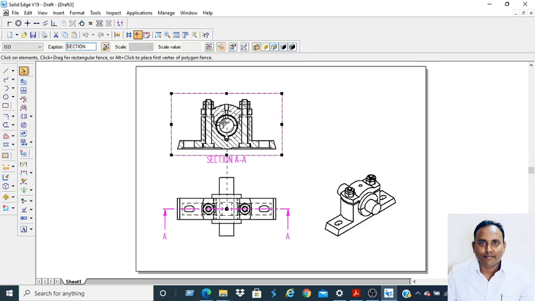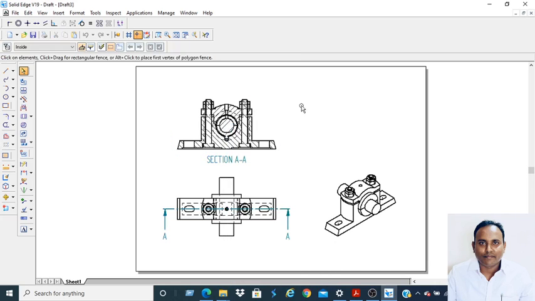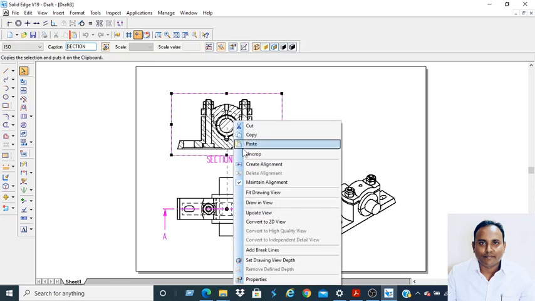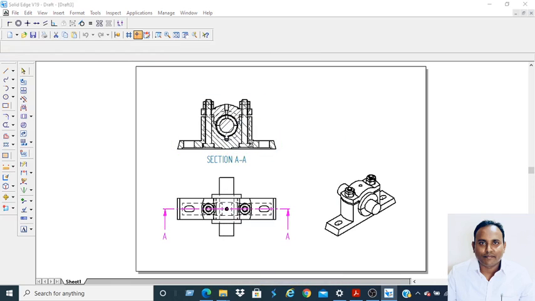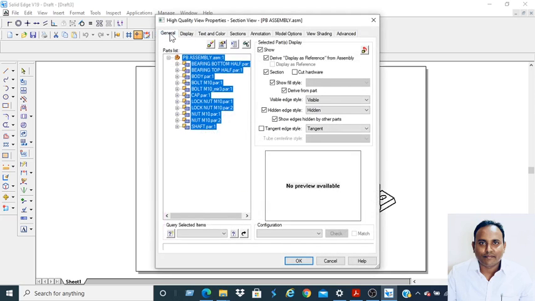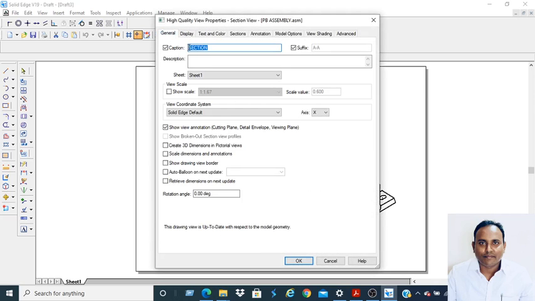Select this one, right click, select this one, right click on this one, go to properties. In properties you can give this as sectional front view, full sectional front view.